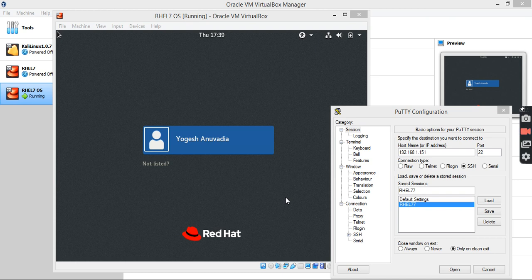Hello everyone. Today we are going to perform troubleshooting related with the boot file system, the boot partition. What happens if you encounter a problem related with the boot directory?